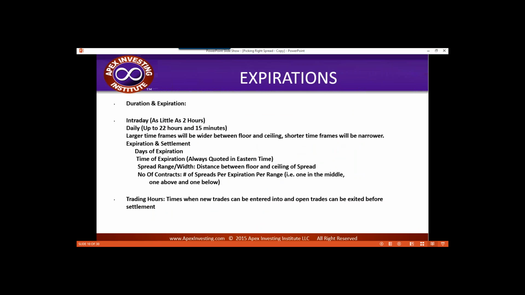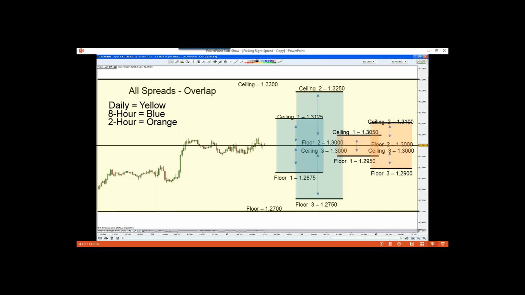There's spreads that expire every 2 hours. Okay, there's several different spreads. And this right here may be a little confusing, but let's say that a spread's going to open up at 7 o'clock. Well, how does that work? Well, let's say it's 7 o'clock, the market's at 1.300. Well, there's going to be a spread, for example, that's 100 points wide,